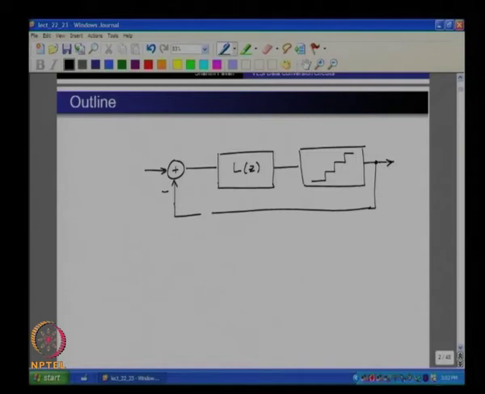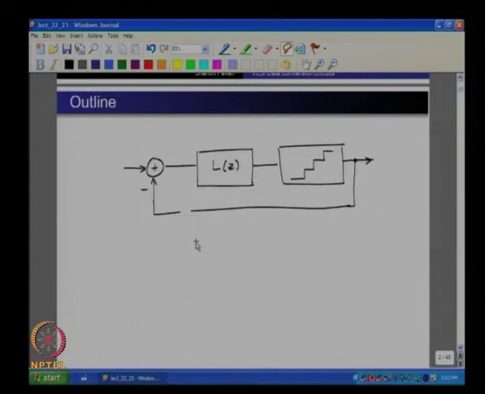We close the negative feedback loop around this. This input signal is denoted by U, the output of the quantizer is denoted by V, and the output of the loop filter is denoted by Y. Now, if we assume that this quantizer here behaves like an additive noise source,